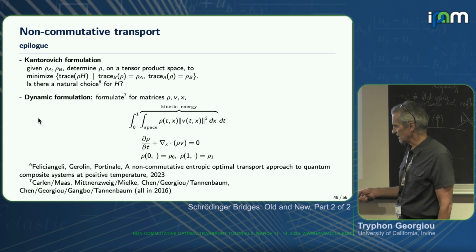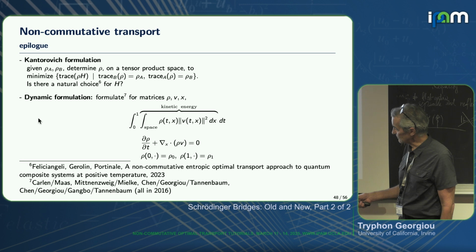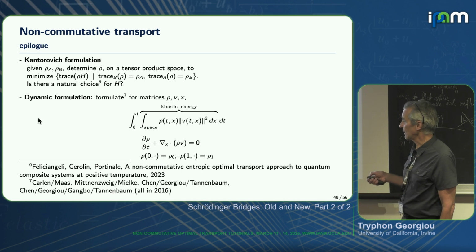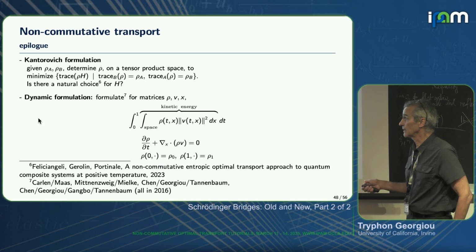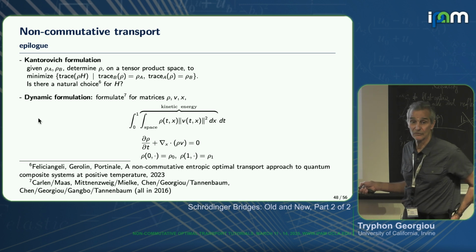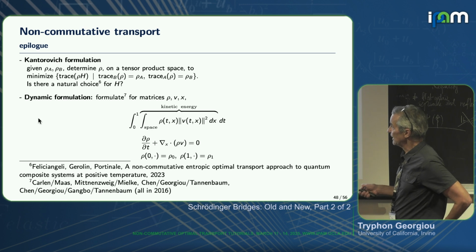In fact, there were 3 papers: Carlen and Maas, Mittnenzweig and Mielke, and a paper by ours, all in 2016, within a couple of weeks from one another on the arXiv. And then later on, there was one with Wilfrid on a very similar set of ideas of how to do a dynamic formulation of optimal transport. The Kantorovich formulation,